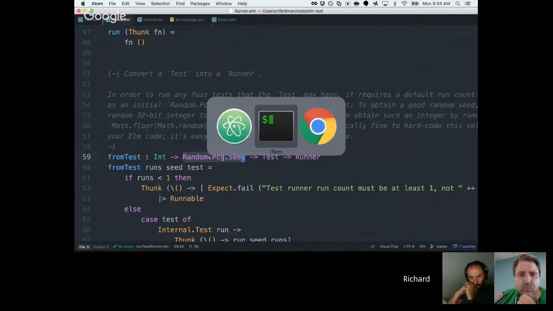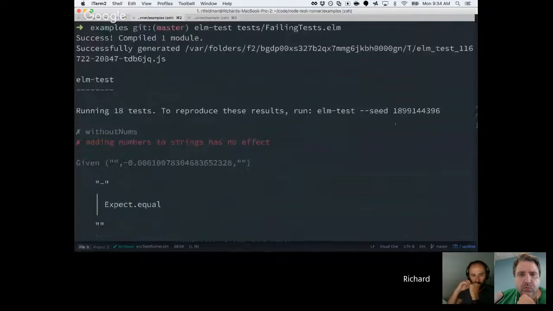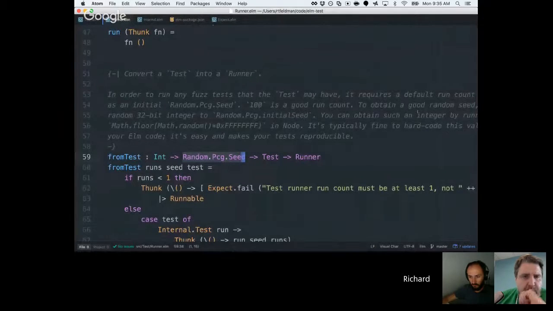So we saw earlier that you can give it a seed and it's guaranteed to reproduce these outputs. These exact random numbers are what's going to happen if you rerun your tests passing that seed flag. So for that to happen, when you get this runner instance, it has to start with one particular seed, and that seed needs to be used to drive all of the random number generation in this entire tree. The reason it's random.pcg.seed is that Max Goldstein is the other person who worked a bunch on this rewrite,